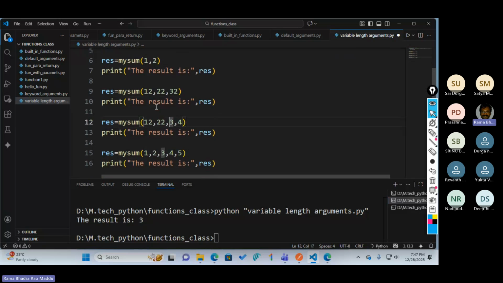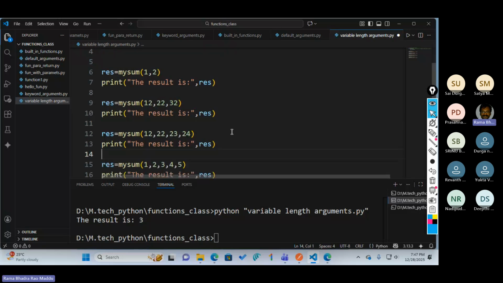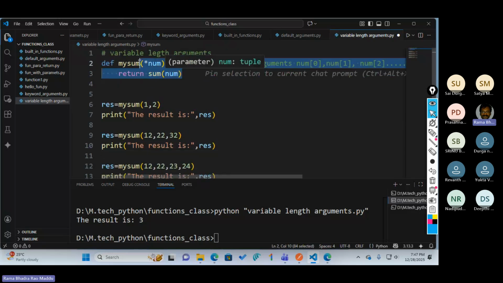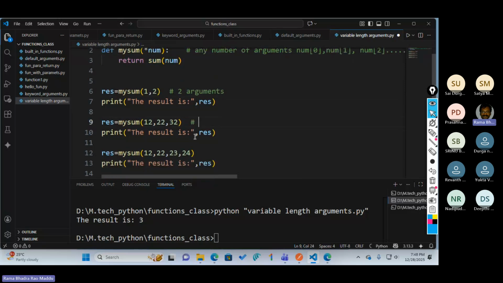The one program you are writing is for any number of arguments. Simply the star represents, it will take any number of arguments. In the first case, it took 2 arguments or 2 parameters. Here it took 3 parameters, so 3 arguments.